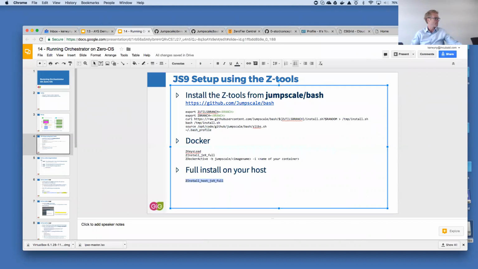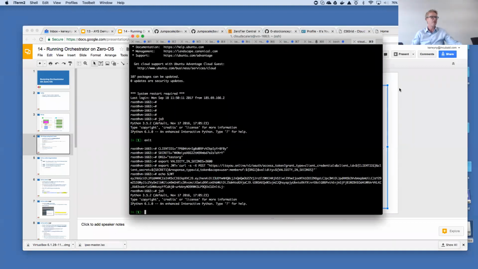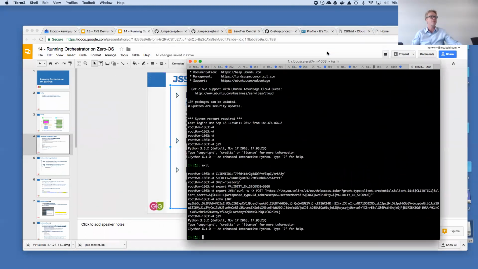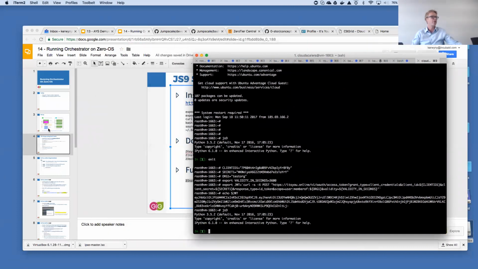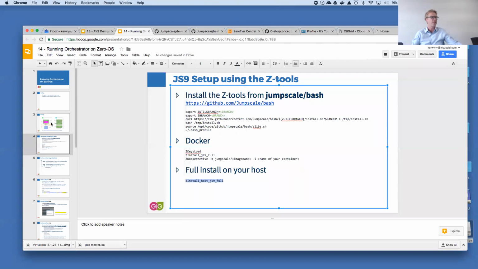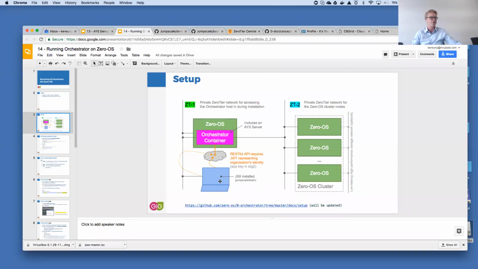And that's the environment that I'm using here, to interact with and to do the installation. So basically, in the picture, this blue machine here is the JumpScale 9 environment I'm running now in my OpenVCloud public production environment.